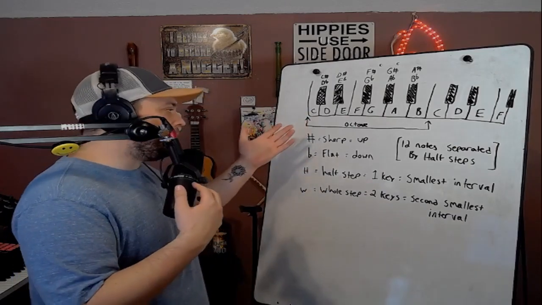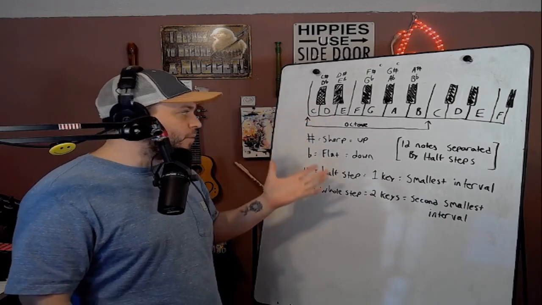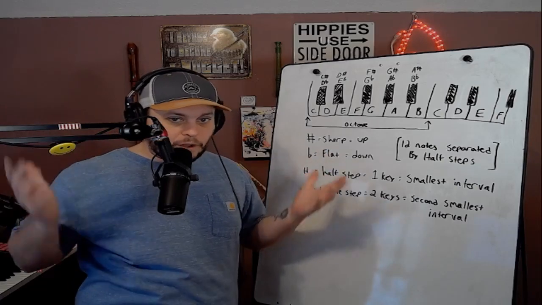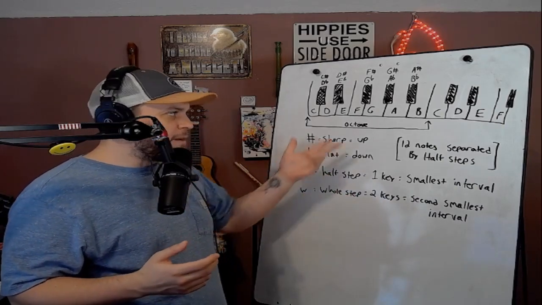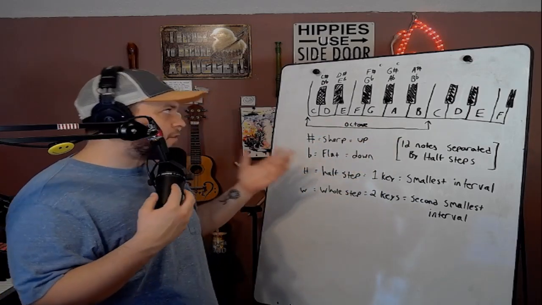But we have a keyboard up here, and there's white notes and there's black notes. The white notes are pretty basic. They're the letters of the alphabet going up to G, and there's no H note, there's no I, there's no Z. There's A, B, C, D, E, F, G, and usually the first key that you ever learn is going to be C,